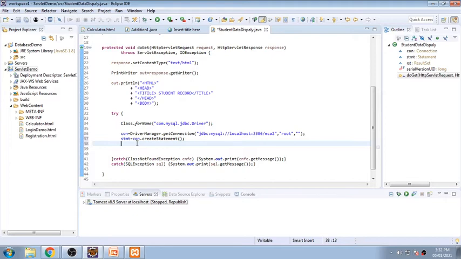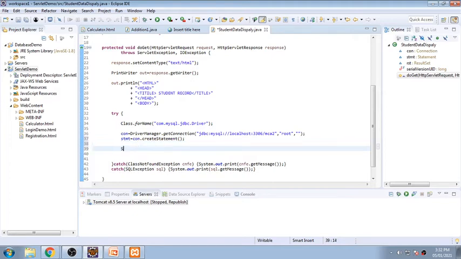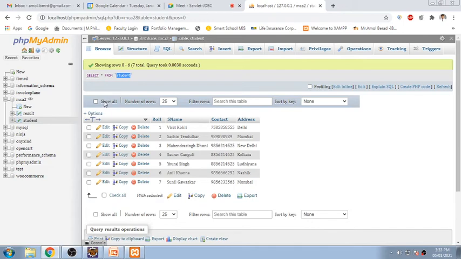So here you will be writing a query. So String query, the query will be written in double quotes. The query will be very simple: select star from student. Student is my table, so you just check it in the database. What is the name of my table? This is student in lowercase.